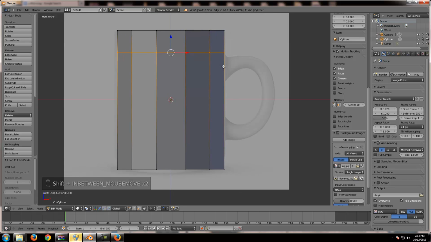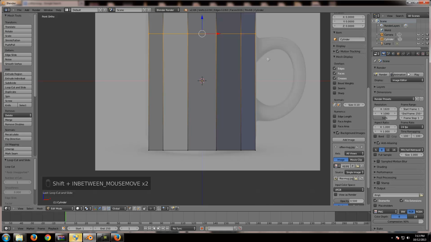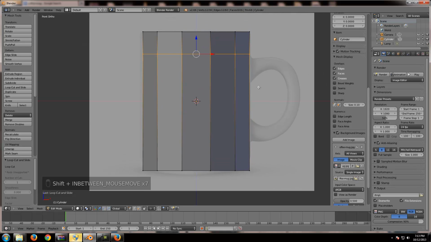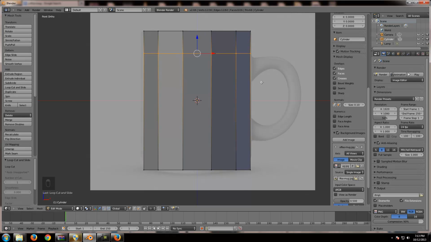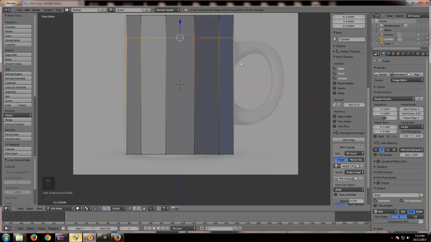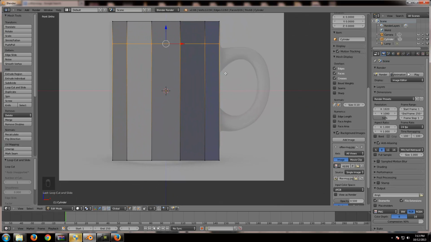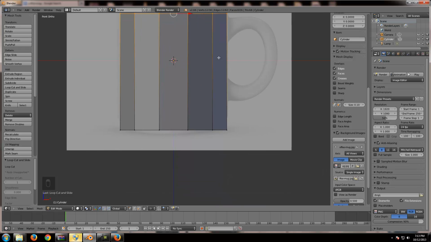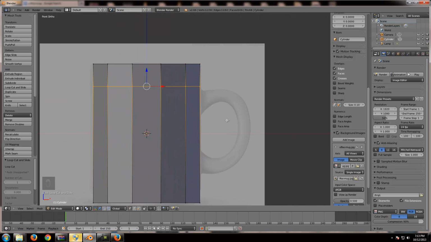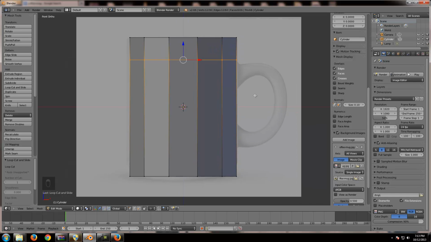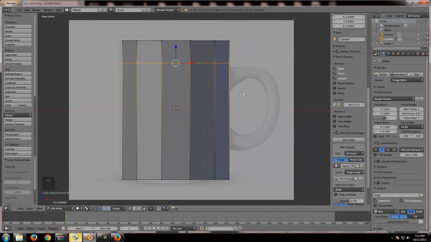And also, if you want to pan the camera view, you can just hold Shift, and while holding Shift, middle mouse button click and hold the click, and then drag your mouse. So right now, the middle mouse button and Shift are being held while I move my mouse, and I can pan my camera like this to move it around within my viewport, just as a tip. So we want to add edge loops basically at this point right here where my mouse cursor is, this point, and this